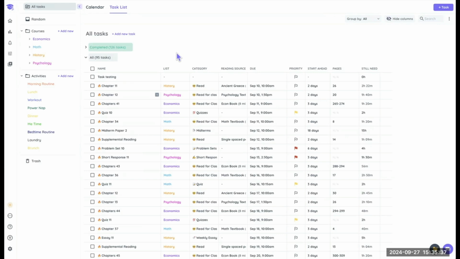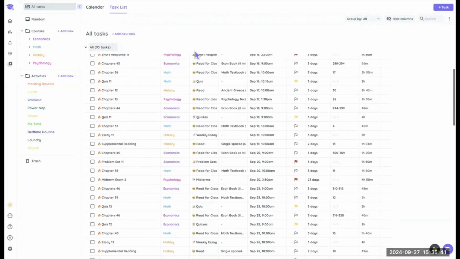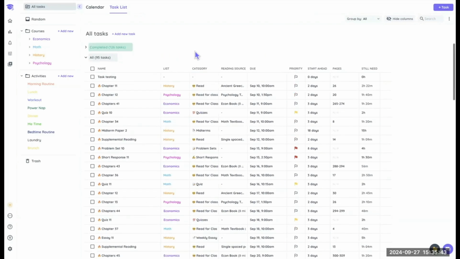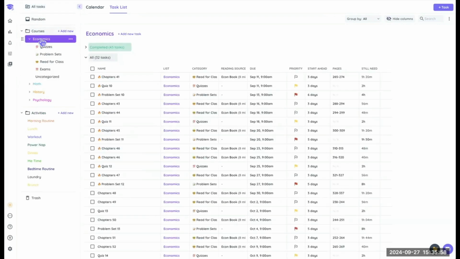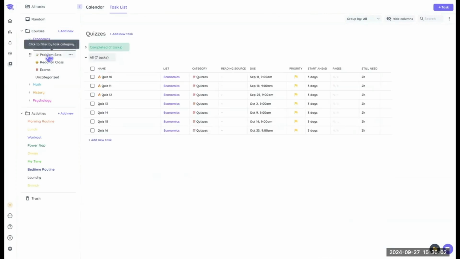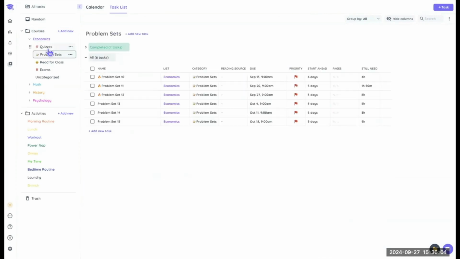So we want to make sure that students have every task from every class in one place. And it's very easy in Shovel. Students can import those tasks from Canvas, Brightspace, Moodle, or Google Classroom, or create their tasks manually. And then they can just go into each course and even drill in a little bit because they are able